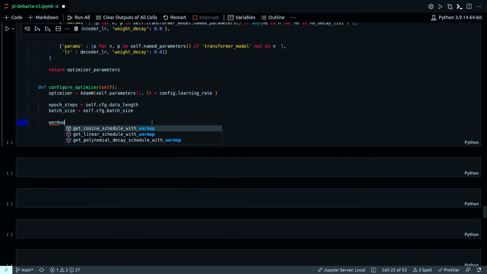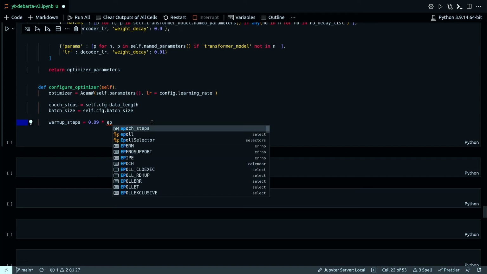Warm up. I need to divide epoch steps by batch size.